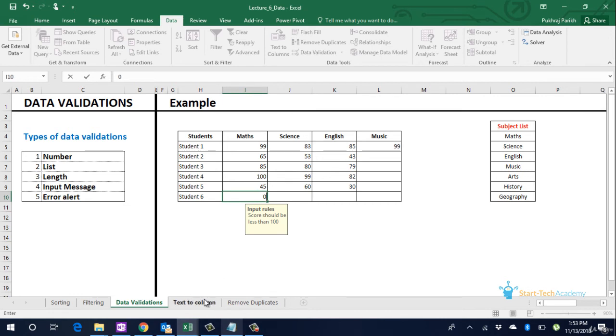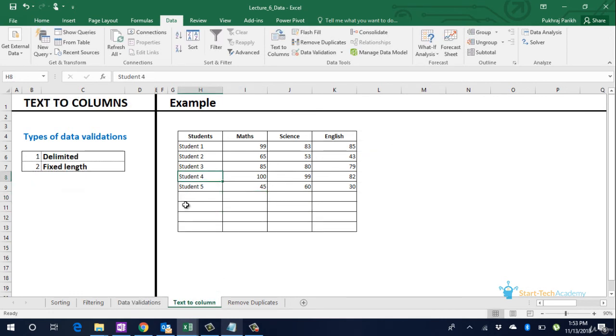Next is text to columns. A lot of times we get comma separated or tab separated data, or just joined data without any spaces. Since keeping data like this takes up less space, the file size is small and there is no limit on file size also. But when you are working on it in Excel, you want different parts of data in different columns so that you are able to work on it. Excel helps you move this text into table format.